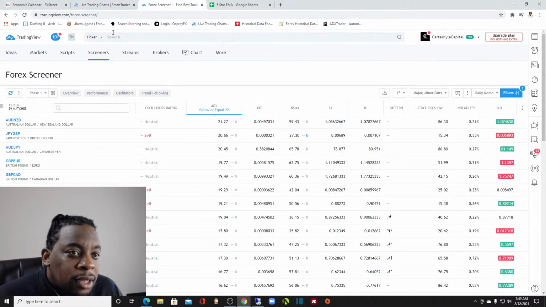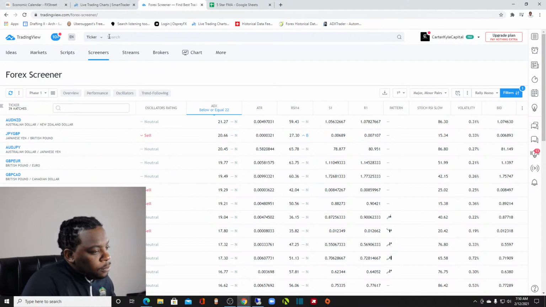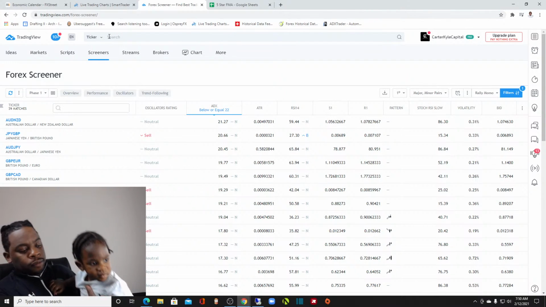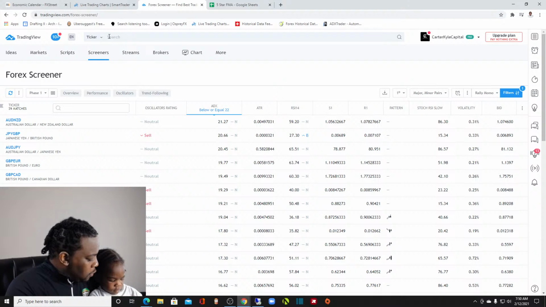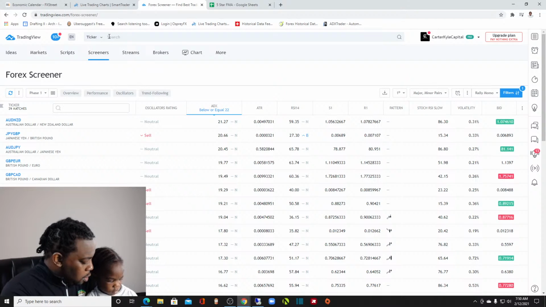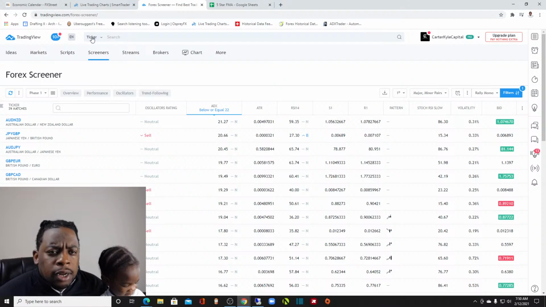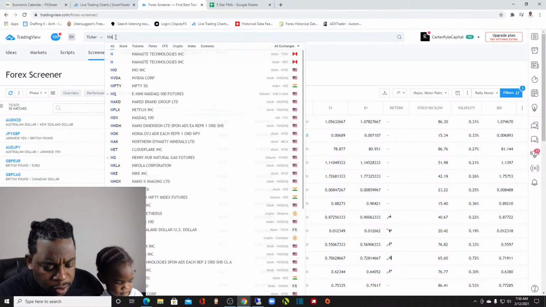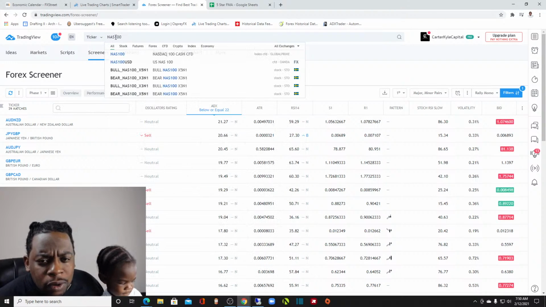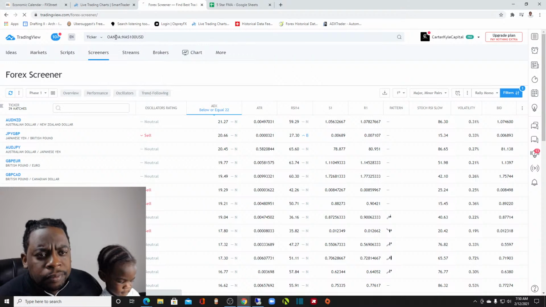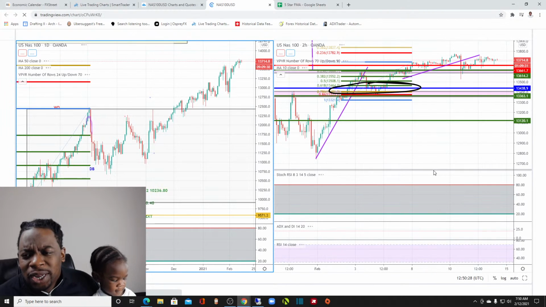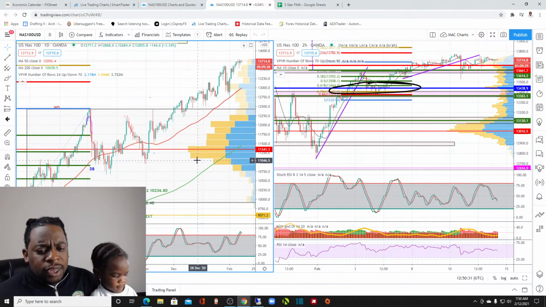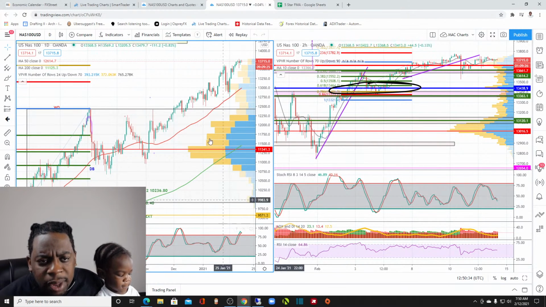Let's take a look at, let's get off of that. There you go. Let's take a look at US 30 and NAS 100 and see what the overall move is with those. I actually ended up making $200 off of I think US 30 yesterday, based off of the EA. Now let's talk about it. US 30,